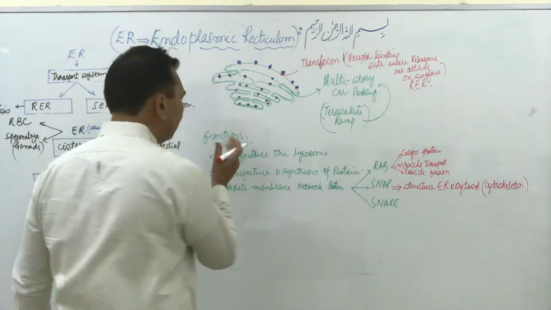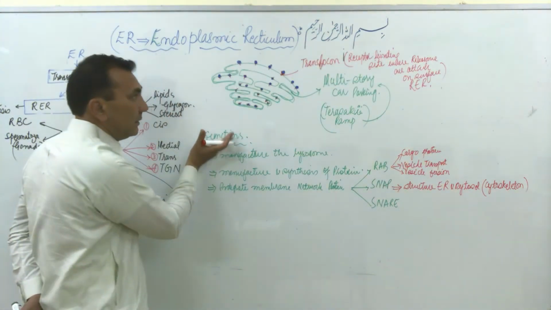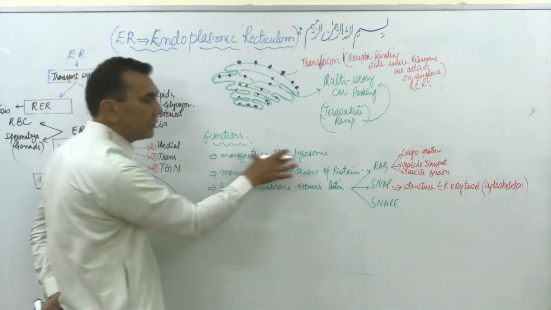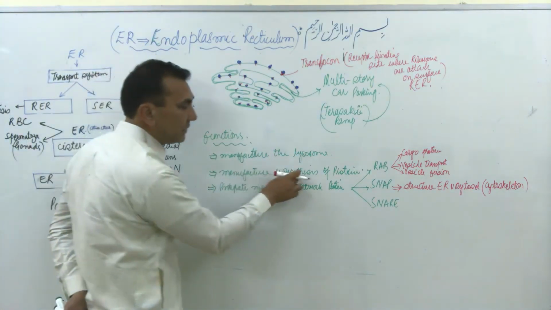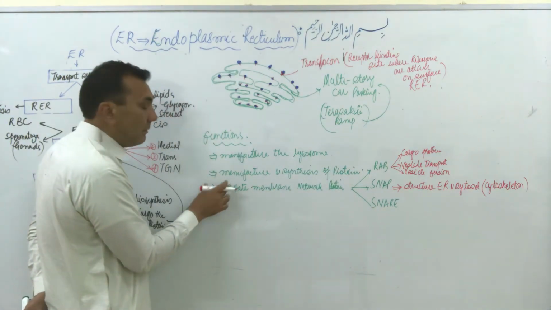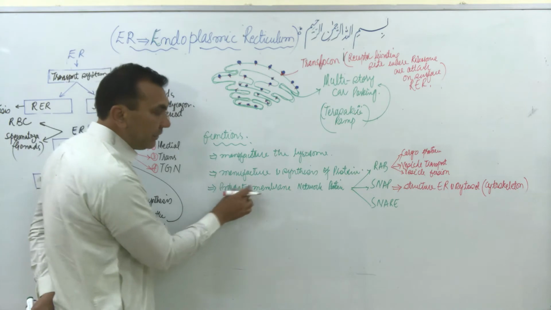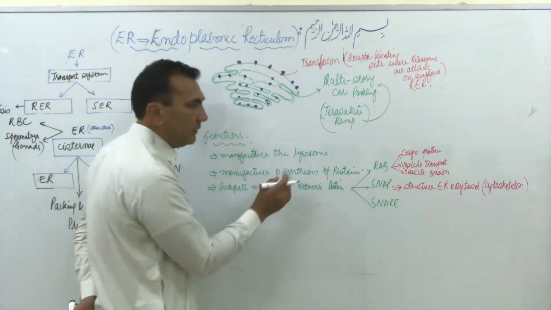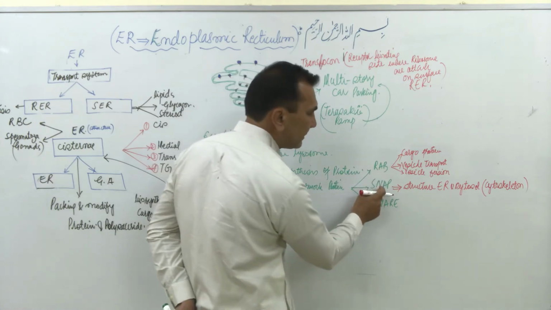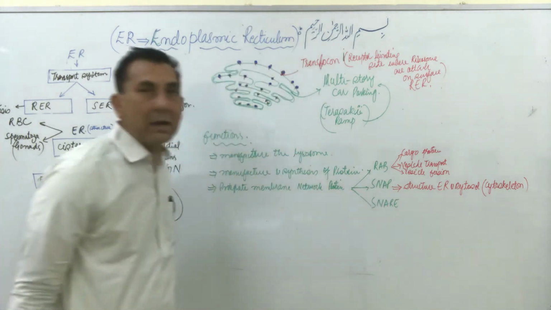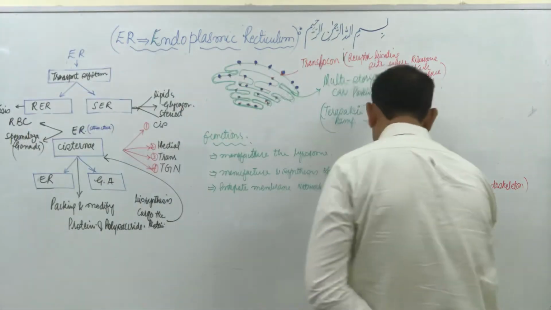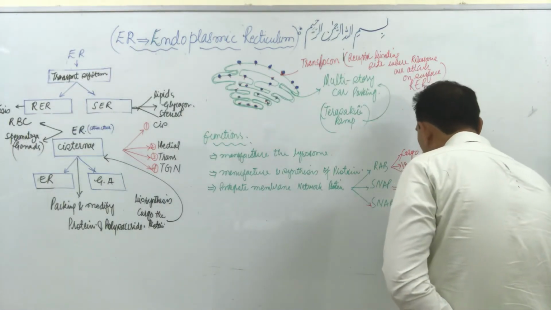As I told you, beside the protein synthesis, the rough endoplasmic reticulum manufactures the ribosomes and synthesizes the protein. It also makes the integrated membranous network protein, which has three types. The first is called the RER, and the second and third are called SNAP. Now SNAP is the main functional part in the exocytosis